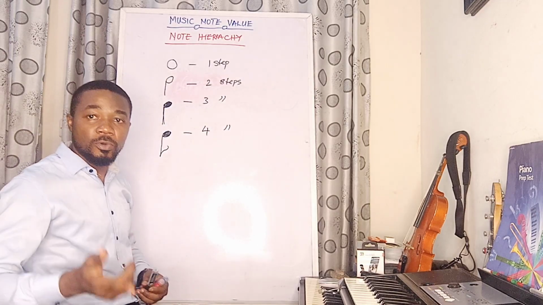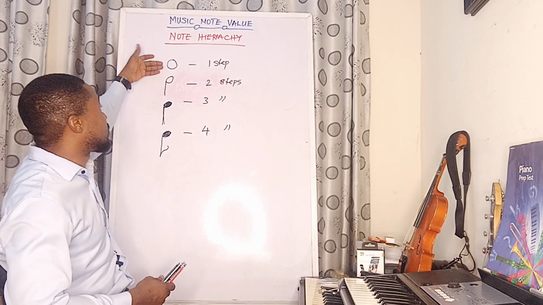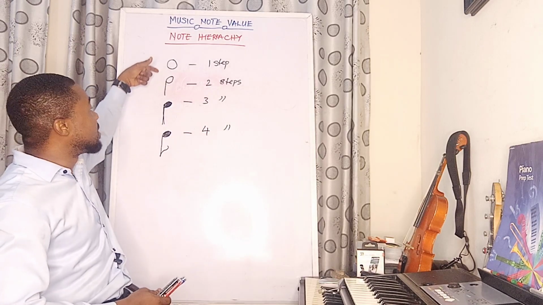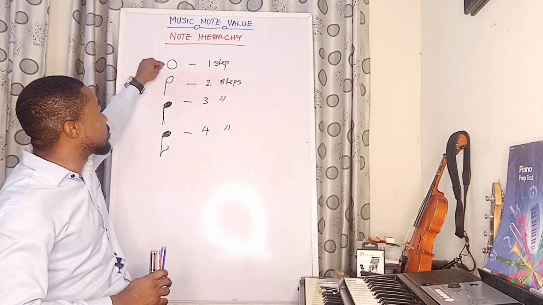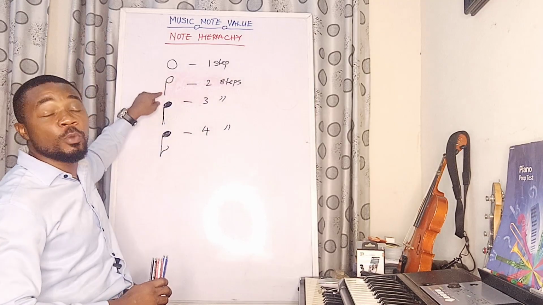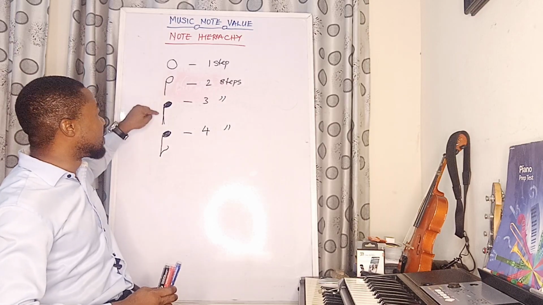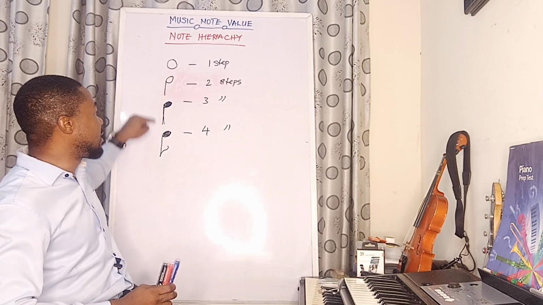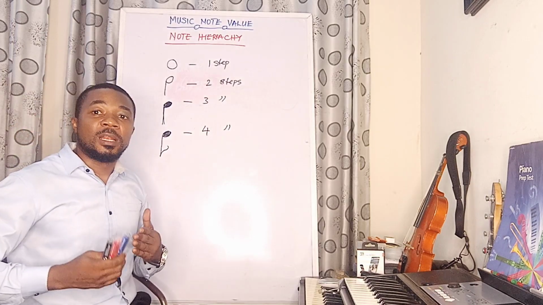reduces the next note by half, which means if this were to be 10, this is going to be 5. That's what it means. So by half. If this were to be 2, it means this is going to be 1. That is, this is half of this. This is half of this. This is half of this. So if we begin to